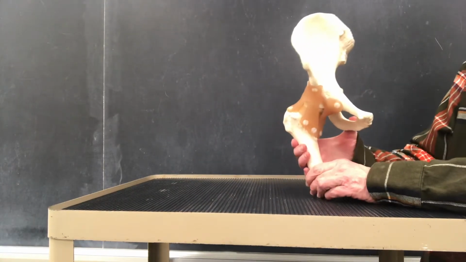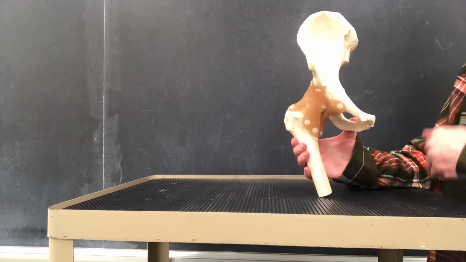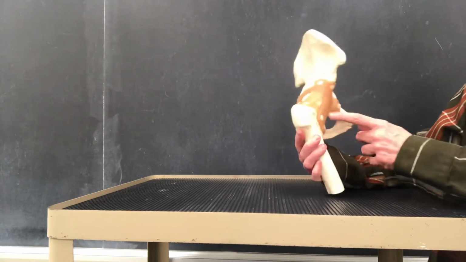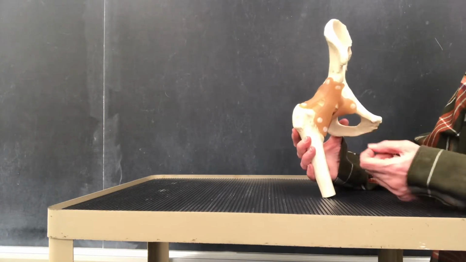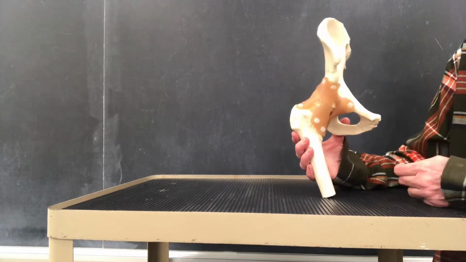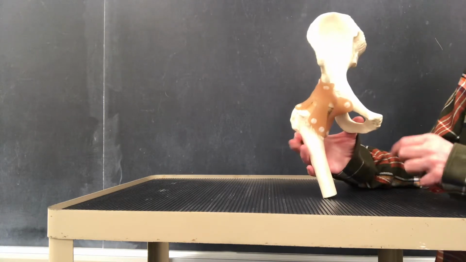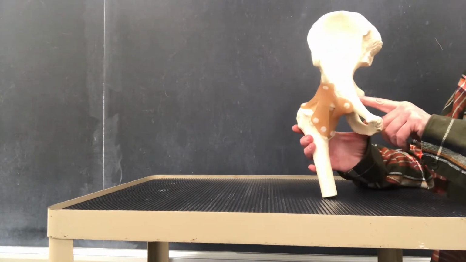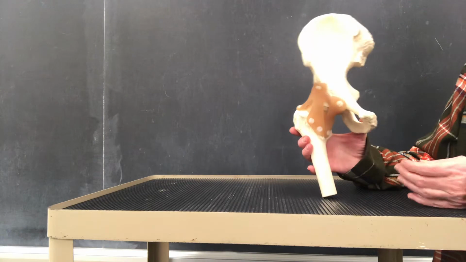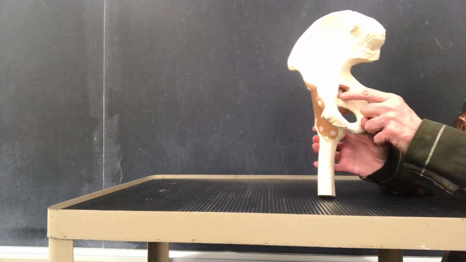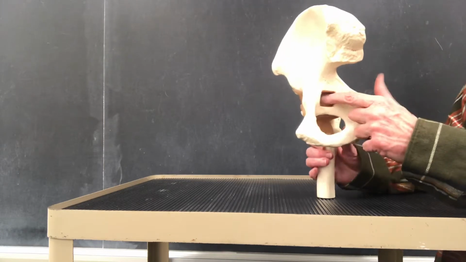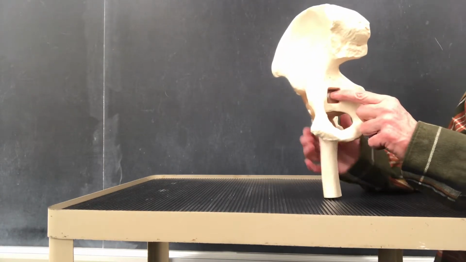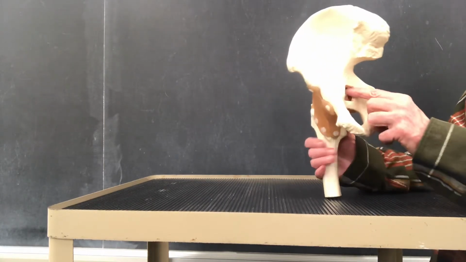that you will not actually be able to see on this model because they are buried within the model, such as the head of the femur, which is underneath the connective tissue. On the head of the femur, there's the hole, the fovea capitis, which you can't see. But from the fovea capitis to the acetabulum runs a ligament. The ligament is called the ligamentum teres, and on this model we've cut away the bone so you can see it. And this is an internal ligament that holds the head of the femur within the socket of the